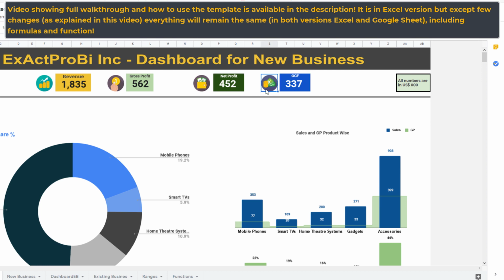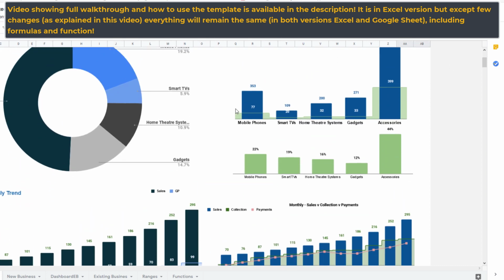You can change the value. Again, this is the in-cell picture I have used. So that's why it looks beautiful. And I have put here the decimals of the numbers.